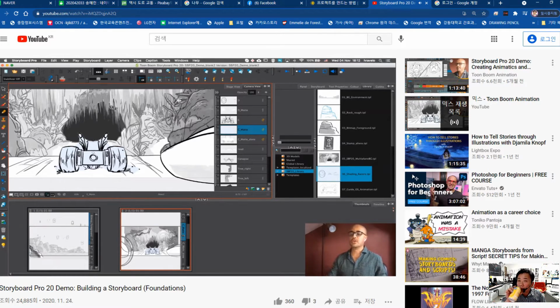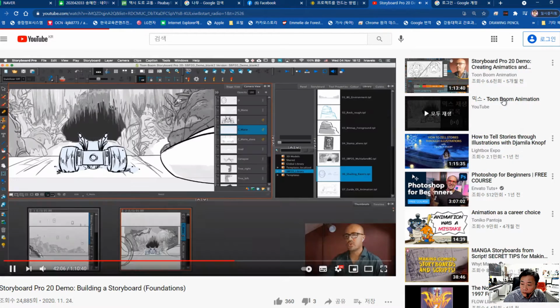So now we've got our mat, which is on a separate layer, and I'm going to show you a brand new tool in Storyboard Pro 20, which allows you to do some shading on certain layers. And that tool is now called the stencil brush. The stencil brush, if you go into the